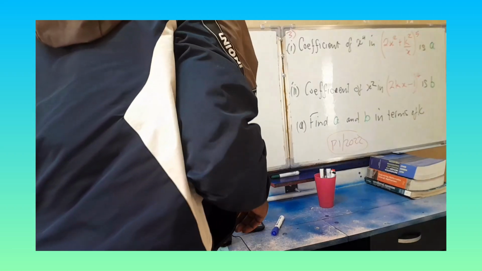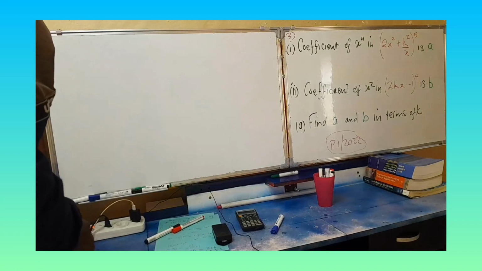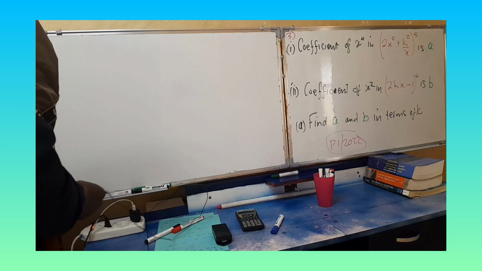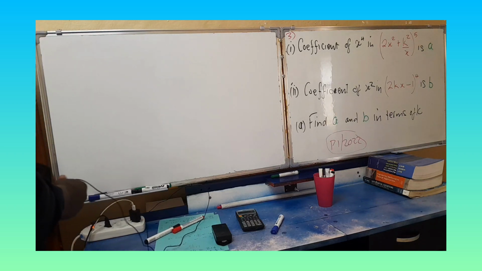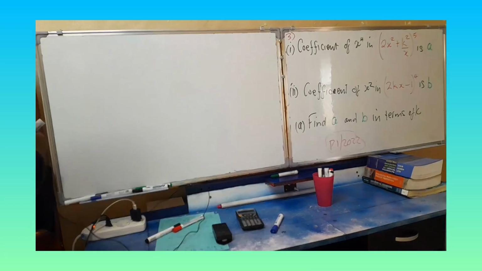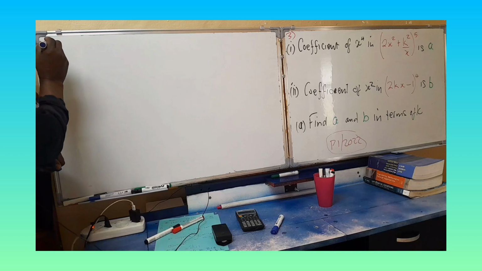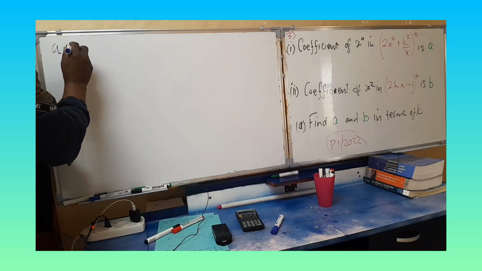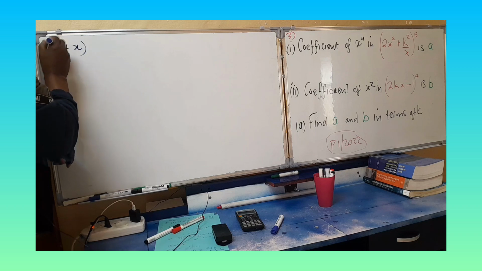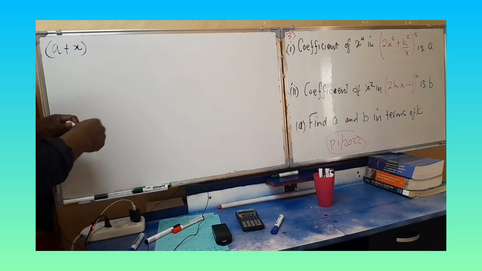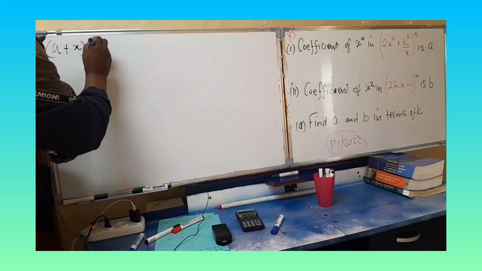Of course, all this is talking about the binomial theorem, and we did talk about the binomial theorem in previous videos. But I'm just going to give you a summary of what the binomial theorem looks like here before we get into the question. If we have something like (a + x) raised to the power n,